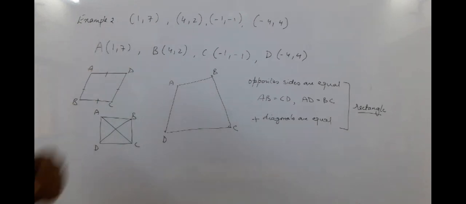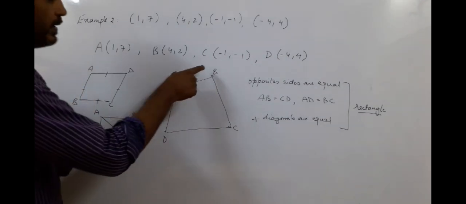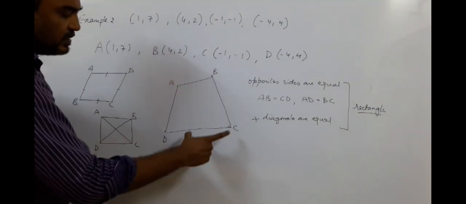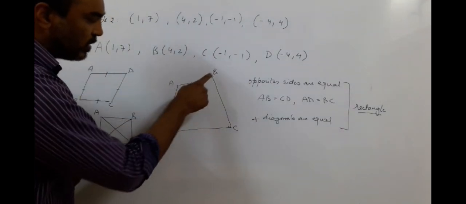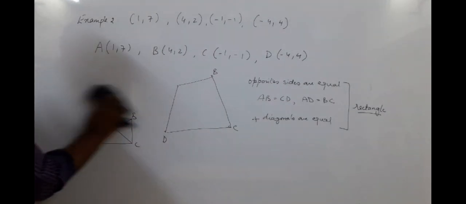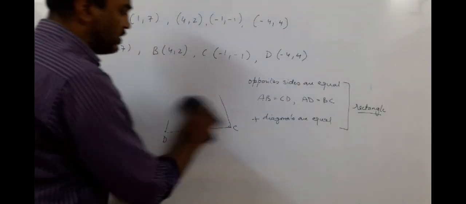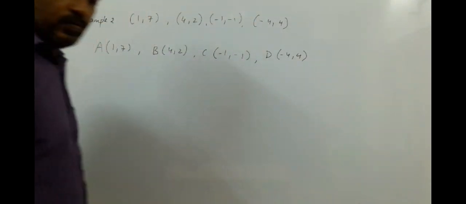So depending on what the sum is asking you, if they do not ask you to prove anything, then you will have to find everything. Means what you have to find? You will have to find AB, BC, CD, DA, 4 sides plus the 2 diagonals, and then try to relate them all and come to a final conclusion which figure is formed. So now after looking at all the conditions, we will proceed with our sum. Okay, so let us begin our sum.